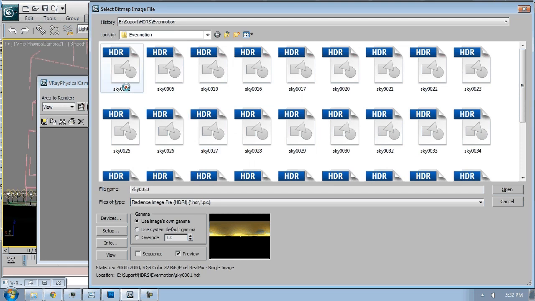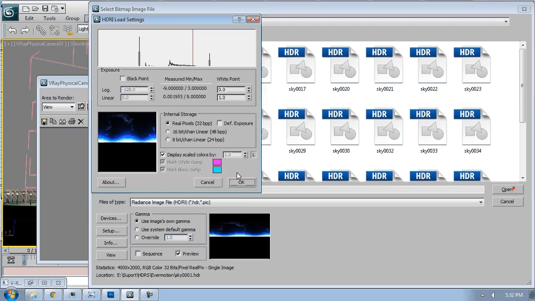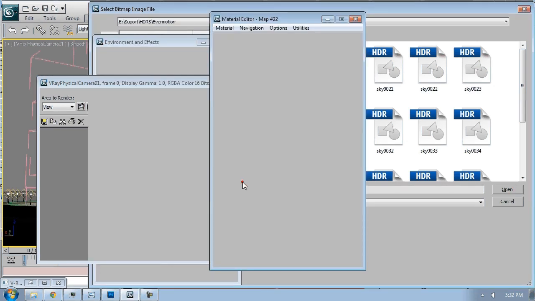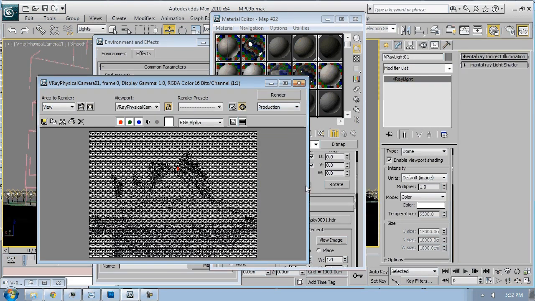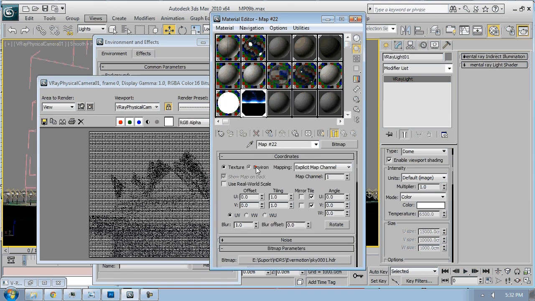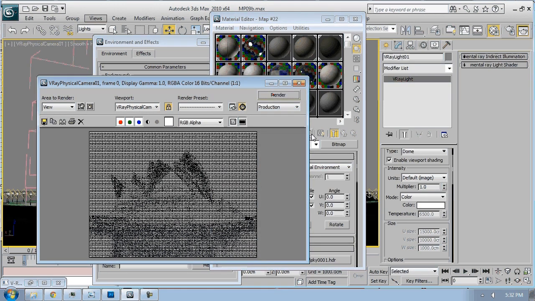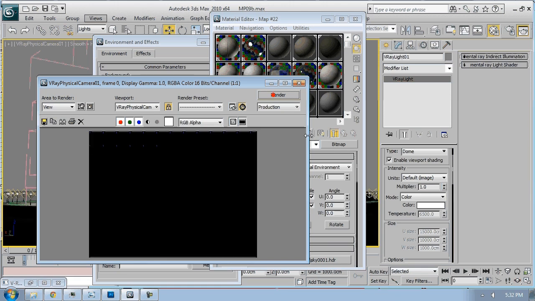You can play with all these HDR. You can find them in the texture folder. Okay. Just make sure that it's set to environment and not texture. I think this was the problem. The HDR cannot function as a general texture. It has to be set as